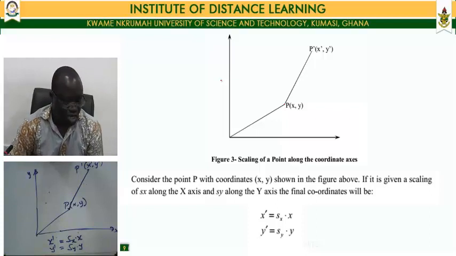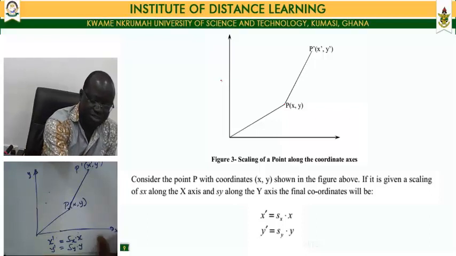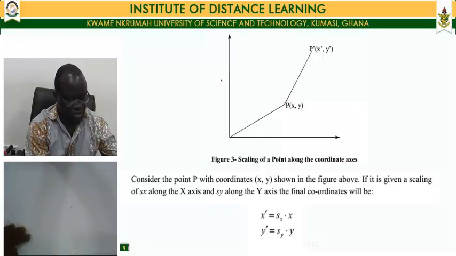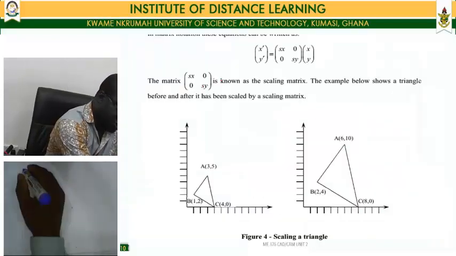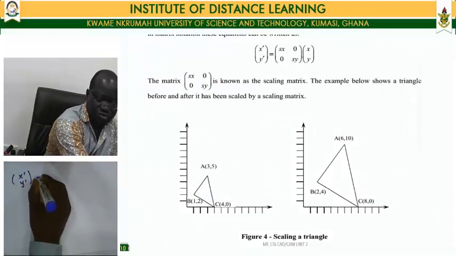Right. Now, if you want to represent this transformation in matrix notation, it is written as follows. That is, you have x prime, y prime equal to